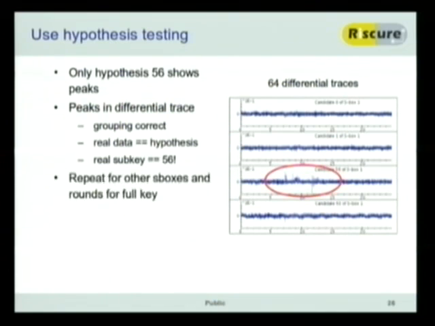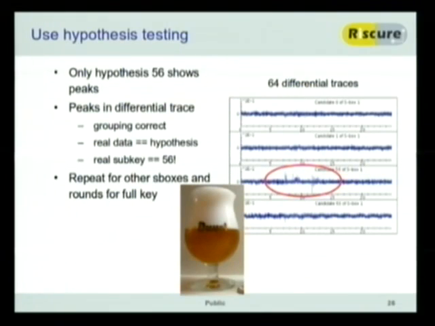Now, if we just keep on doing this for all the S boxes in the first round, and then we do it for all the S boxes in the second round, we can actually deduce the full key. So using this method, we can go from knowing nothing, just measuring the power, doing these differential traces, and retrieving the key from an implementation. And this works just as well for AES or for more asymmetric crypto algorithms like RSA. There's different techniques. But this is really cool, and it's mind-blowing the first time I saw it. So, well, once you've done that, I guess you can go home and have a beer and enjoy your victory.